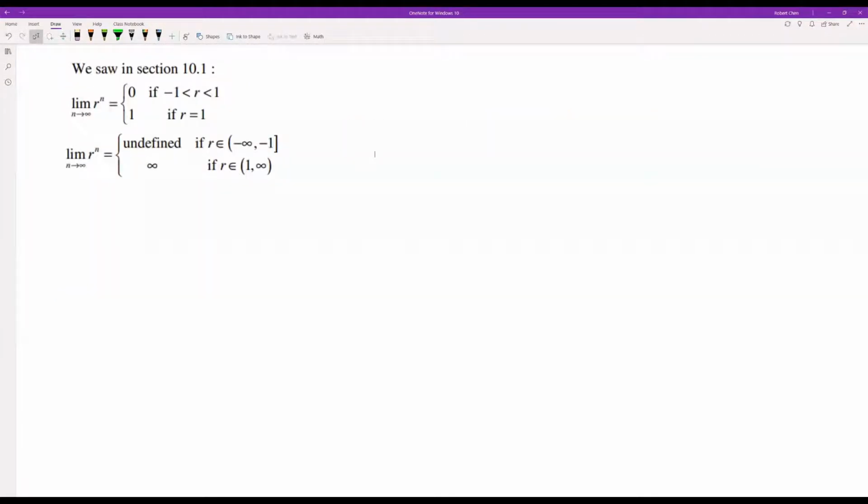Now we actually saw something like this in 10.1. If the ratio is between -1 and 1, the sequence converges to 0. If r is 1, then it converges to 1. Everything else is going to be undefined or infinite, right? So this is going to help us with our case here as well when we want to add everything together. So for geometric series,